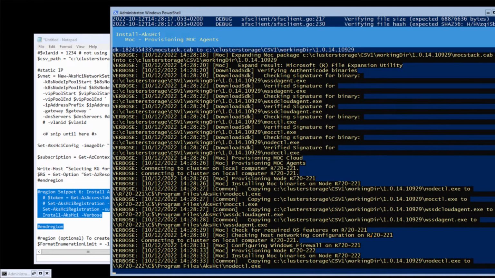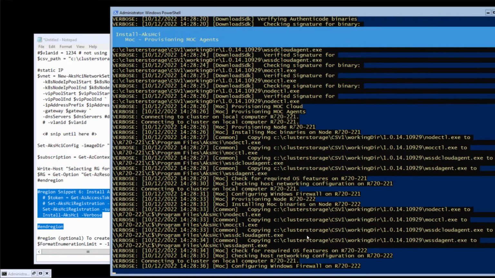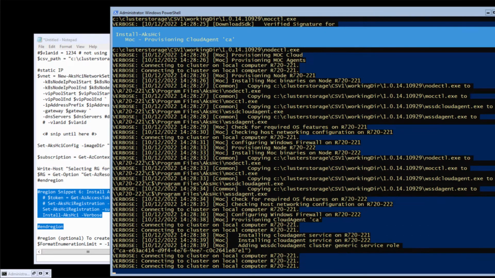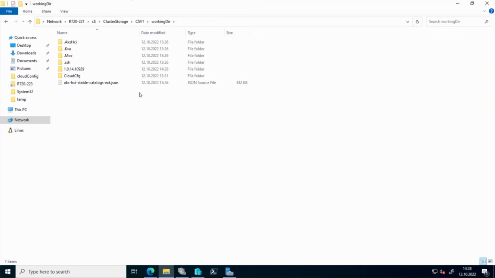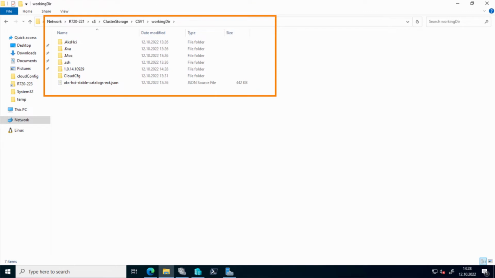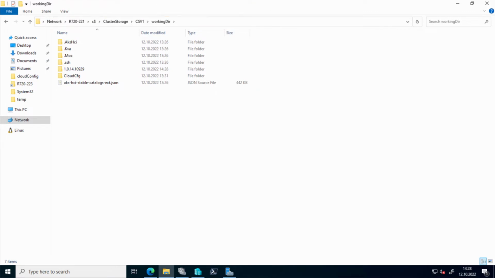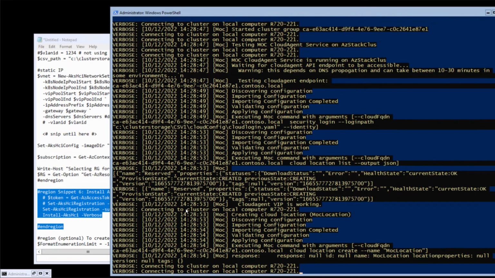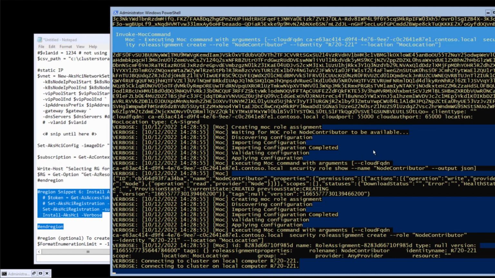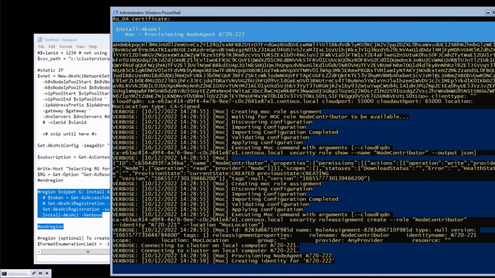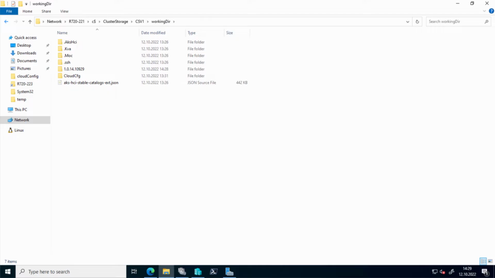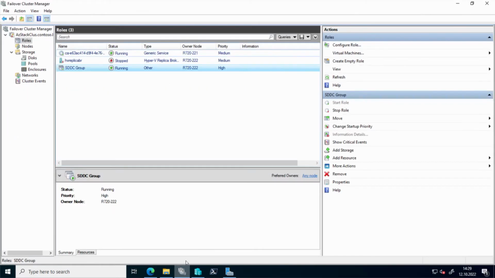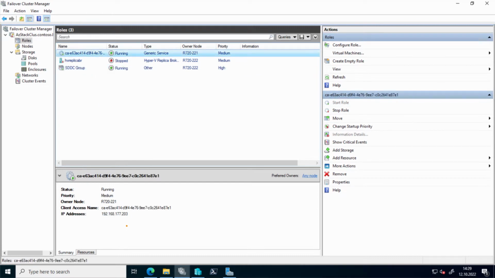I would encourage you to have a look at the file share to see what happens. It might look a little bit different on your end, however, some content should be created there. Next thing is on the cluster, you should now see a generic service that has been created using that file that was just downloaded. So the errors that could occur is, either the download was not successful, or you don't have the permissions to add that component or that generic service within that cluster, or also